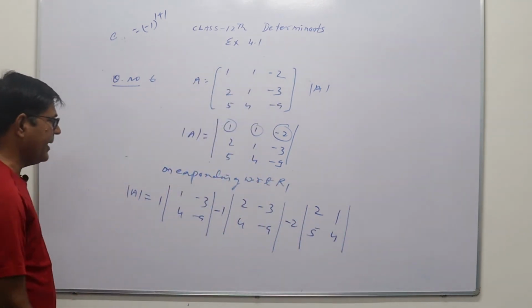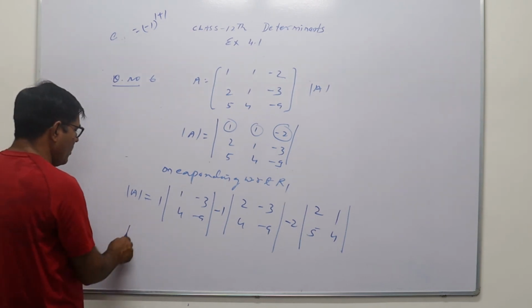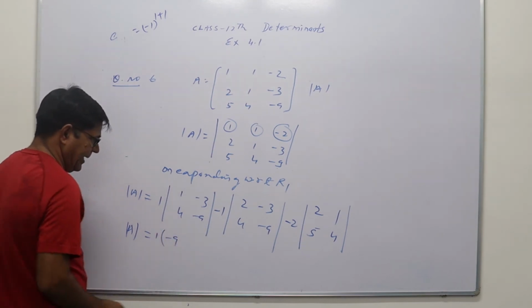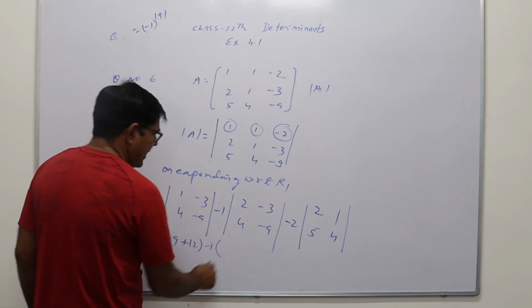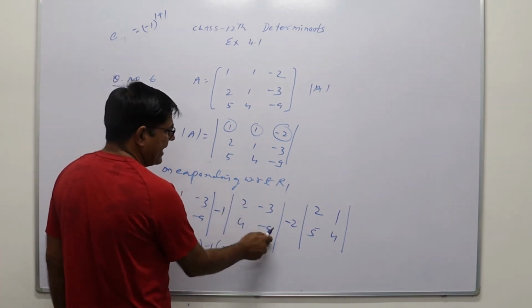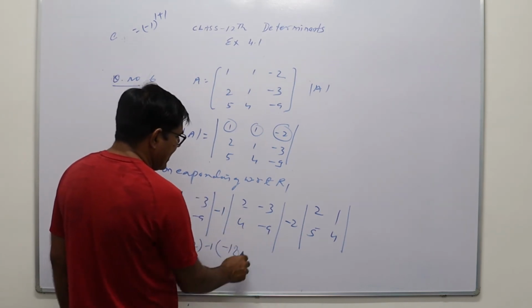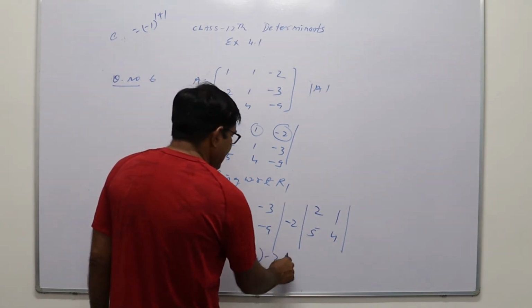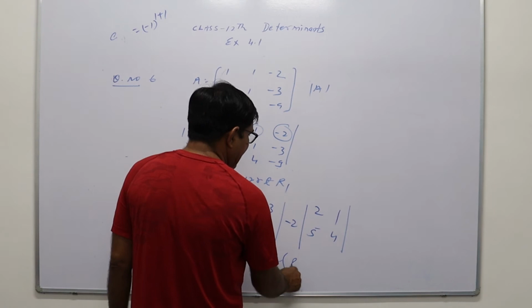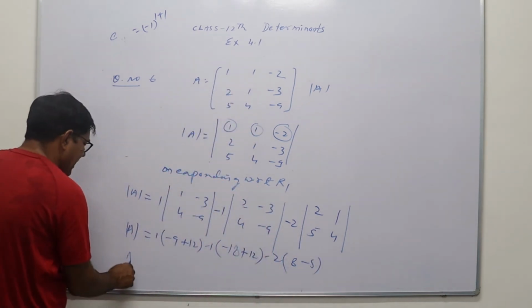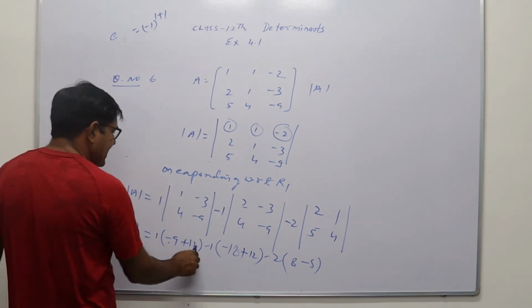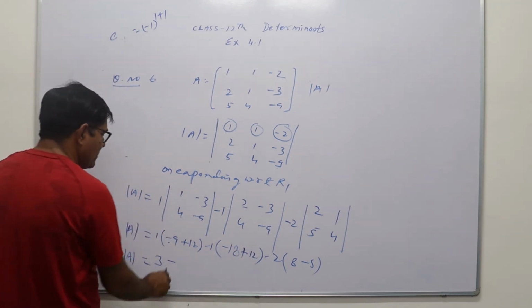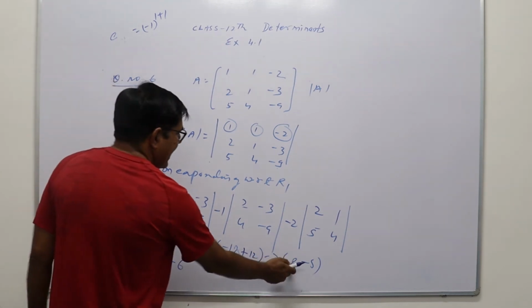Now it is reduced to determinants of order 2. How will we find it? Principal diagonal elements first. So 1 into -9 is -9, plus 12, minus 1 into the minus of 18: 2 into -9 is -18, minus of 5 into -3 is -15, so it will be plus 15. Then minus 2 into 4 principal diagonal 8 minus of 5. So determinant A will be equal to -9 plus 12, that is 3, into 1, 3. Then -18 plus 15, that is -3, plus 1, that is plus 3. Then 8 minus 5, 3.